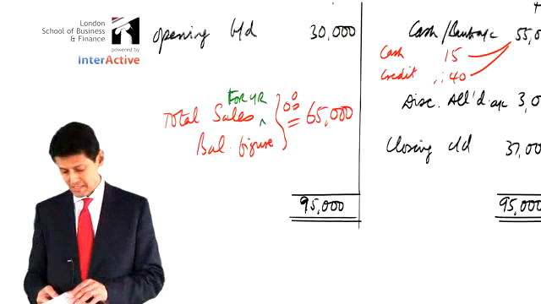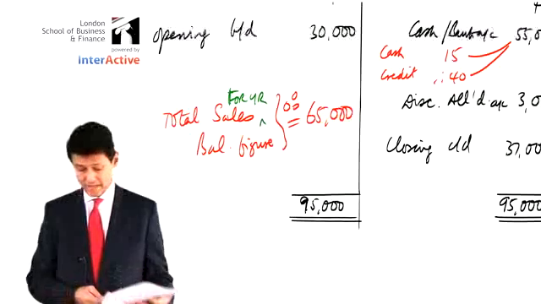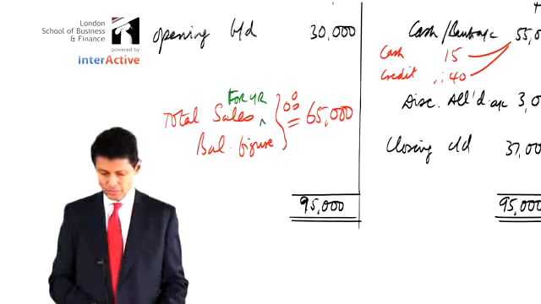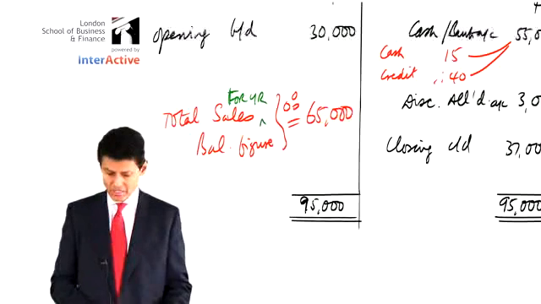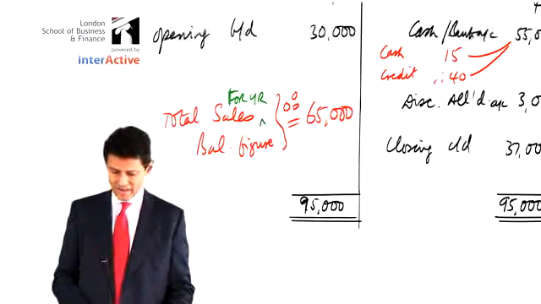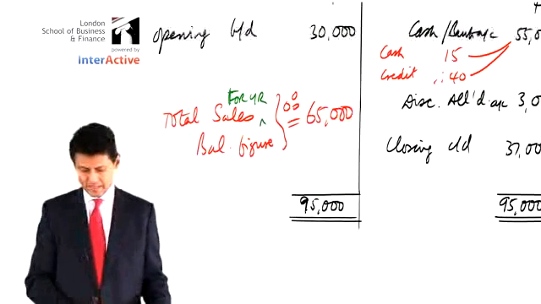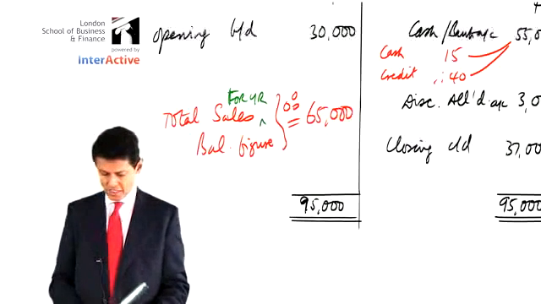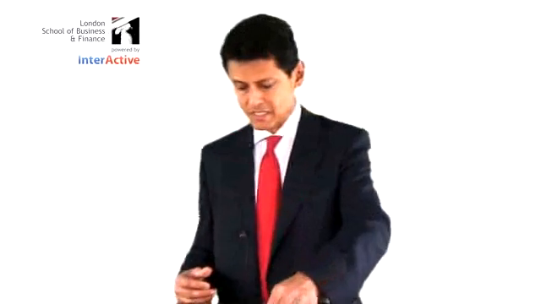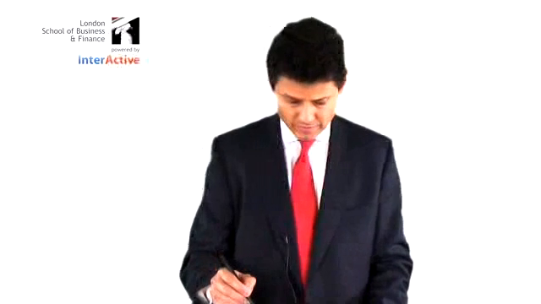Another way of doing it, I understand some people like this, I prefer the method I've just shown you, is where you only do the accounts receivable, the credit sales only, and then show the other items separately. Just to distinguish the two, what I might do is take you back to the original notes and show you how all this works. So I would recommend you doing the one we've just done. Otherwise, you can come here to the accounts receivable